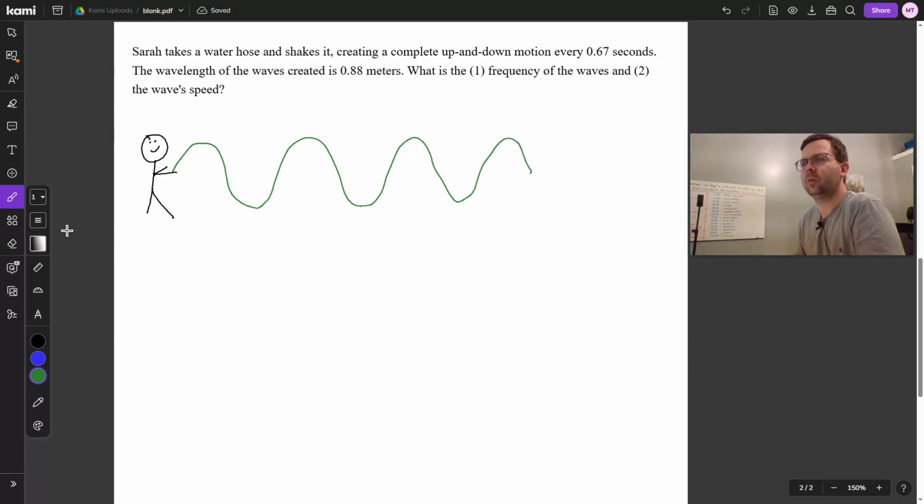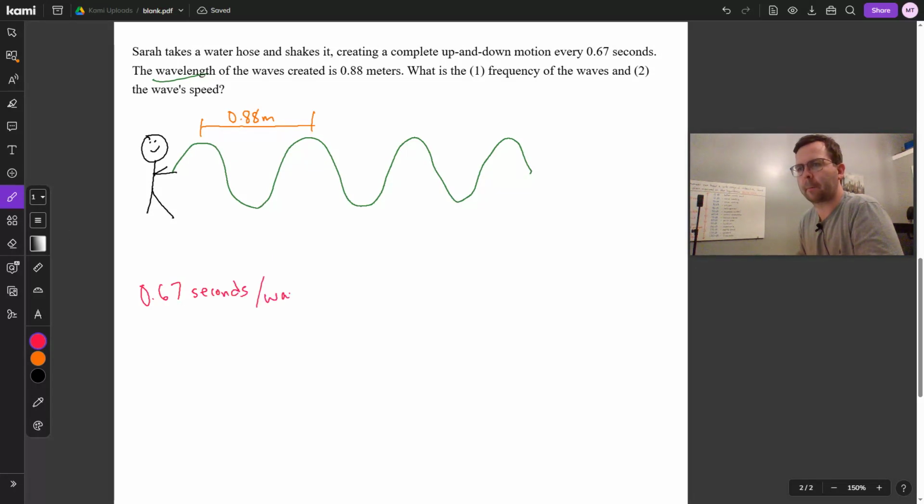And we got some more information here. It says the wavelength right off the bat. We know it is going to be 0.88 meters. So I'm just going to label that on my wave just for clarity. And then it also tells us we have a complete up and down motion every 0.67 seconds. So let me use a different color. 0.67 seconds